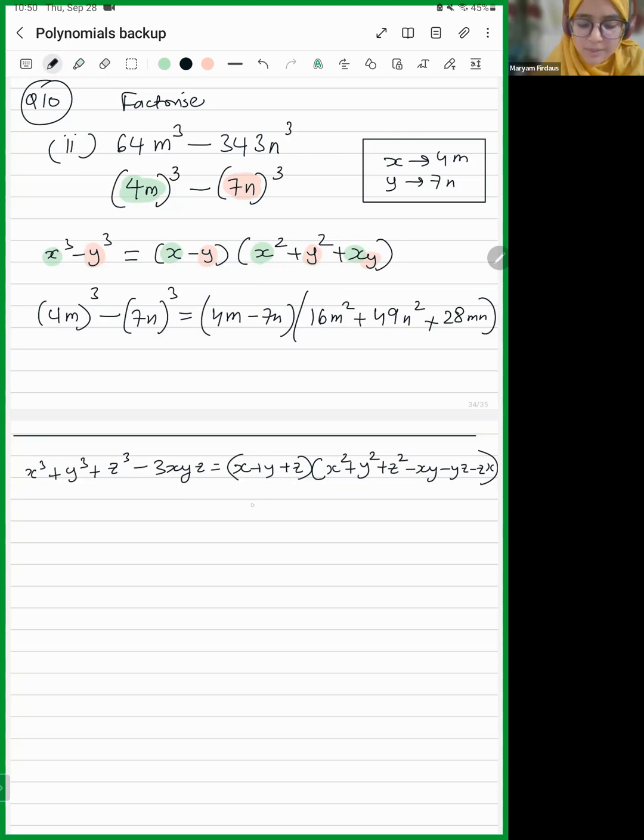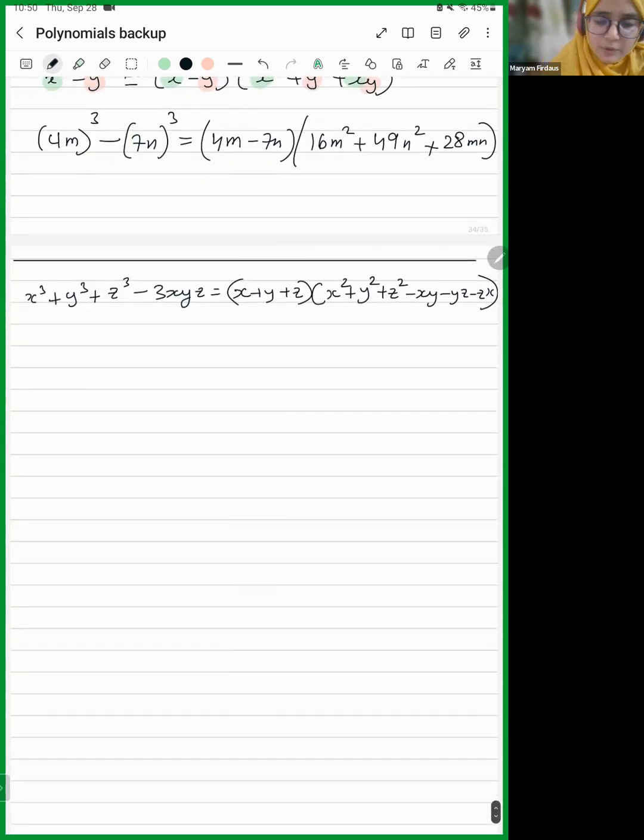Okay, so let me quickly try to do this for you guys so that you can quickly note it down, because it's no big deal. Okay, so we take the RHS. So this becomes x plus y plus z multiplied by x square plus y square plus z square minus xy minus yz minus zx. Now you just open the brackets. So the right hand side becomes,